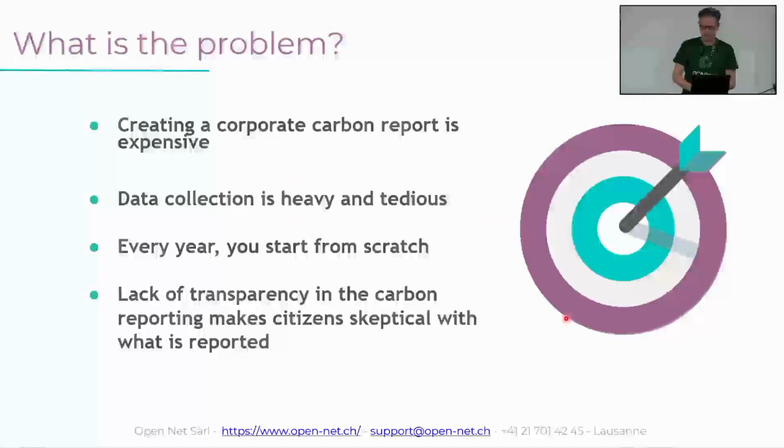I've already started talking about the problems. This is very expensive for an organization to create a full carbon reporting, including all of the measurement down to the action plan. The main reason being the data collection. It's a real pain. Let me show you one of the files that people are usually using. So you see how many tabs you have at the bottom. There are like 20 tabs or something like this. Each tab is worth something like 1,000 records. So it's just a real pain.